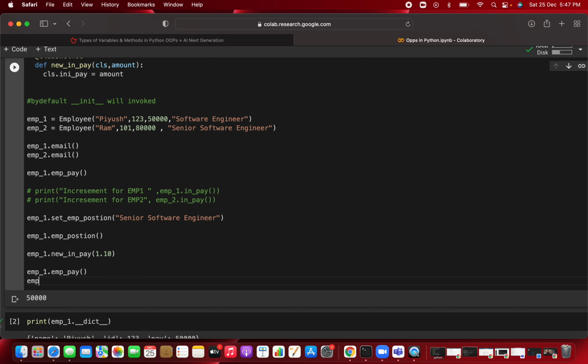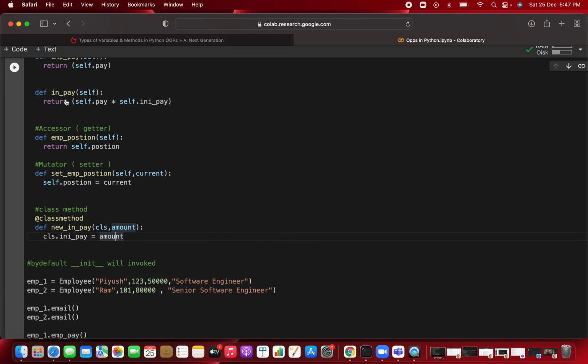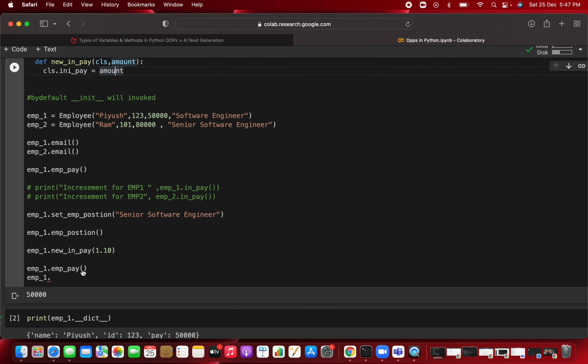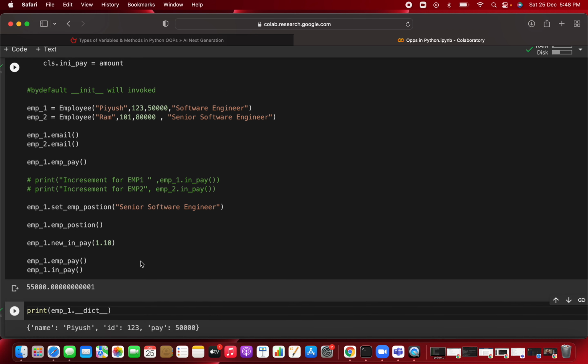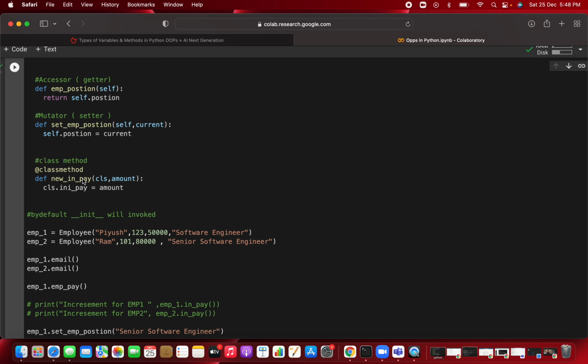So you are writing employee one dot, and you write increase, that is, you can write it as increase_pay. This method is for the increment of the pay for that particular position. Okay, now it has increased to 55,000 for every month. He has shifted from 50,000 to 55,000. So clear. This is how you call this class method.